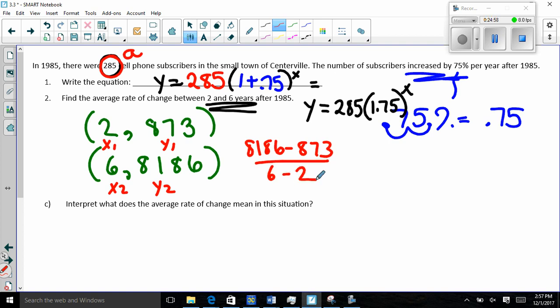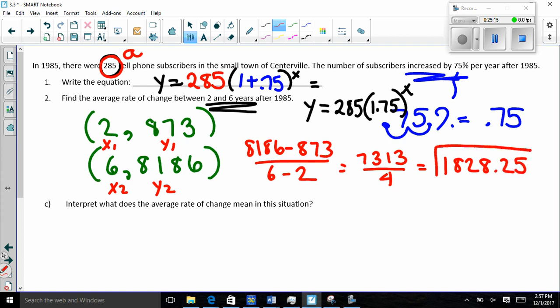And when I do that, I end up getting 7,313 over 4. When I divide by 4, I end up getting 1,828, which means on average, so if I want to figure out what this means, and I know it should be positive, I know on average,